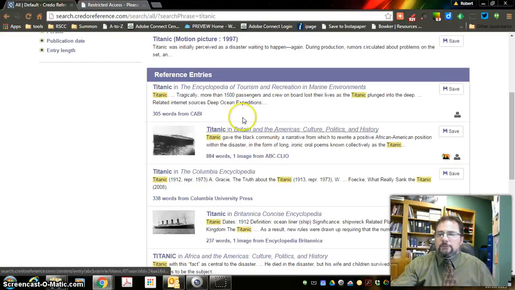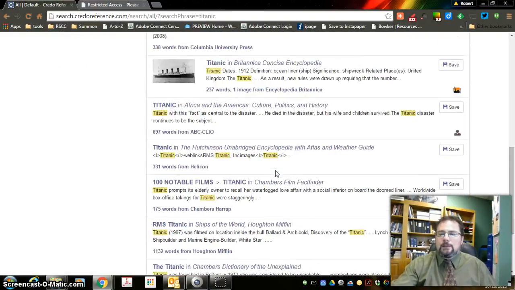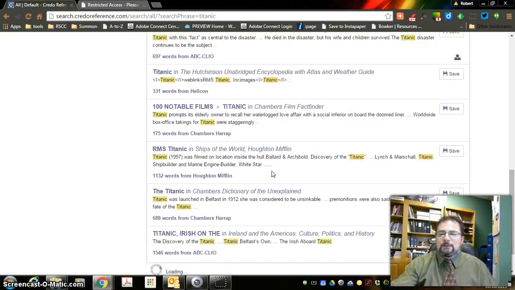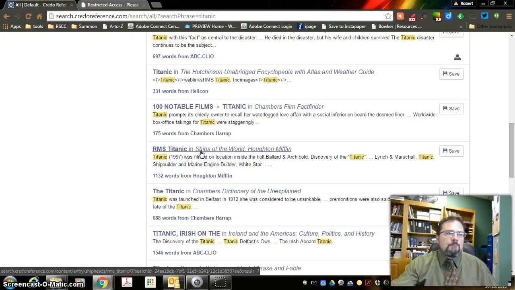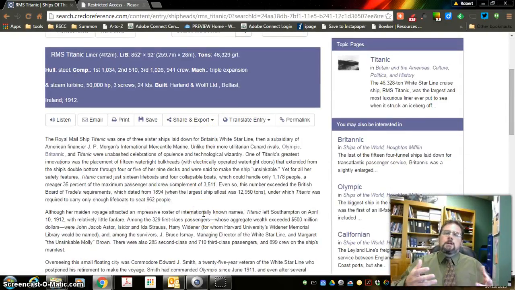The reference entries are from things like the Encyclopedia of Tourism, the Columbia Encyclopedia, and then really specific reference works like Ships of the World. And so I'm going to click into Ships of the World here for a sec. And just as an example of the kind of information that might help you before you watch the film to get a sense of what you want to talk about. And this article does a really interesting thing talking about the innovations in terms of what was so significant